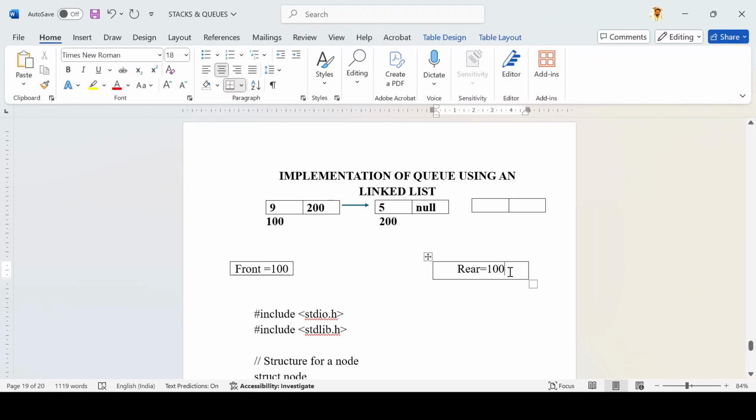The rear is equal to the new node address. So rear is equal to new node. The rear is equal to 200. Then if you're going to insert a third data, then for example, there is something called